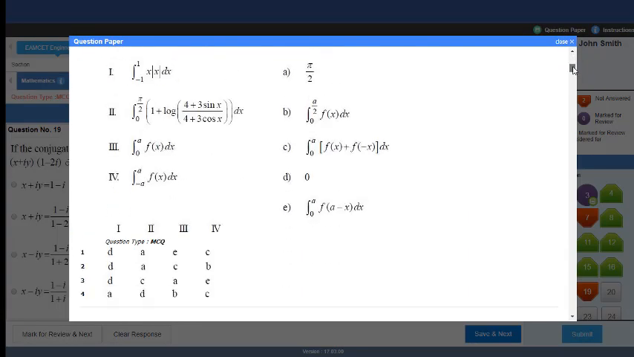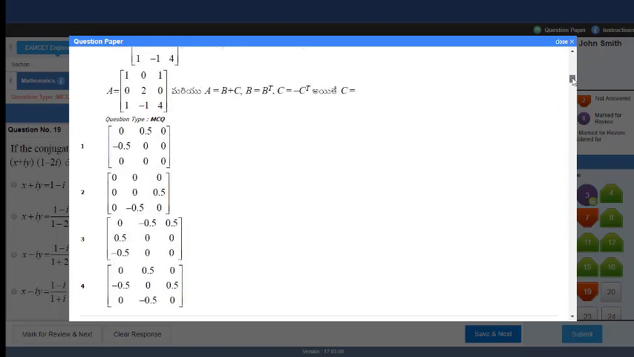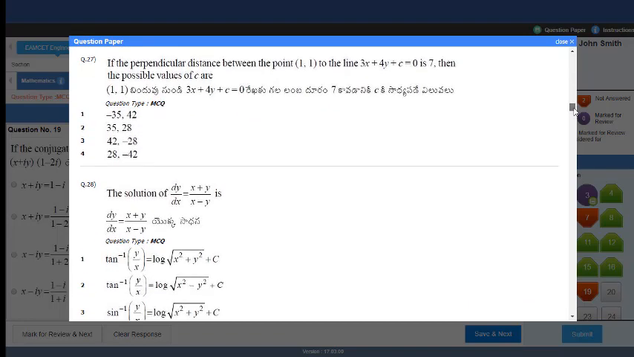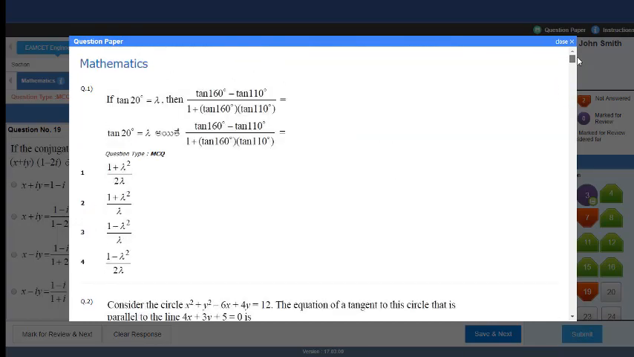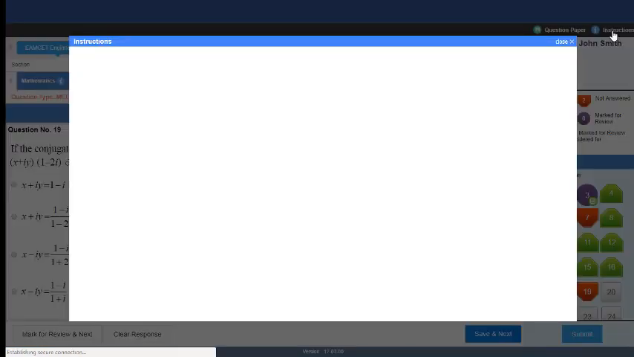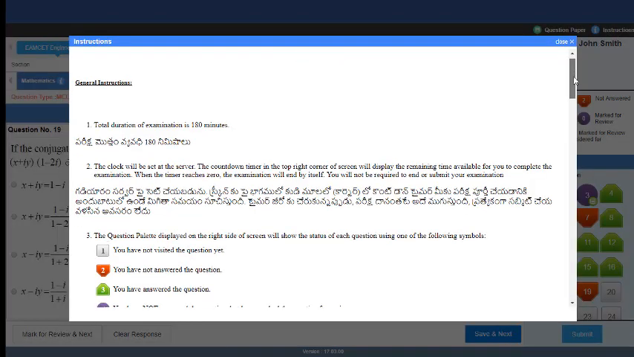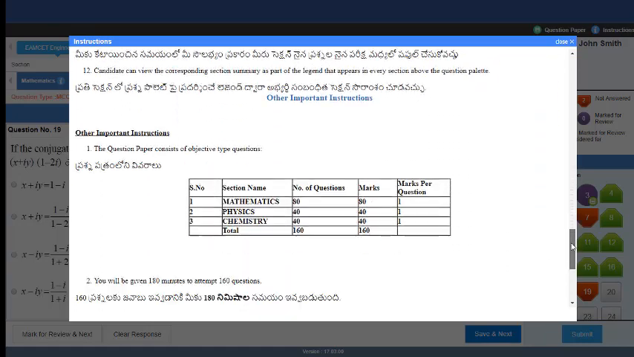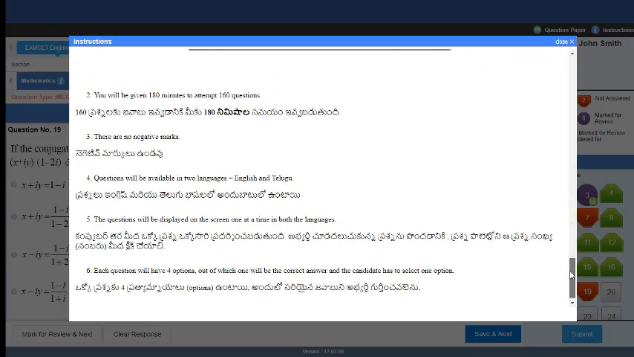On clicking that, all the questions in all the subjects will be displayed like this, and here the candidate cannot answer any of the questions. To go back and resume the examination, click the Close button and the candidate can answer the next questions. To revisit the general instructions again, the candidate can click on the Instructions button, and after visiting all the instructions, click on the Close button